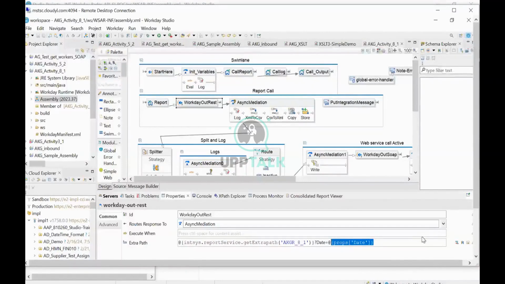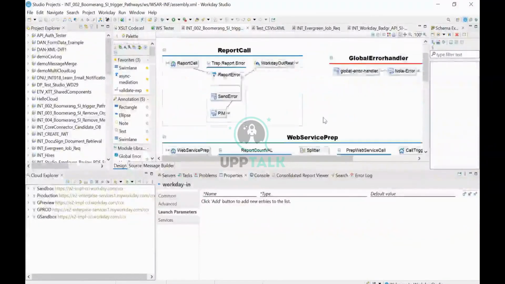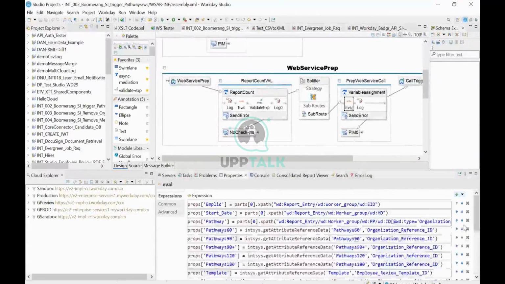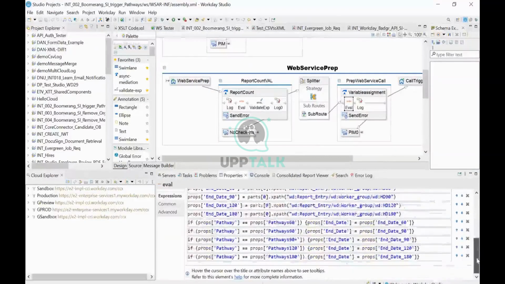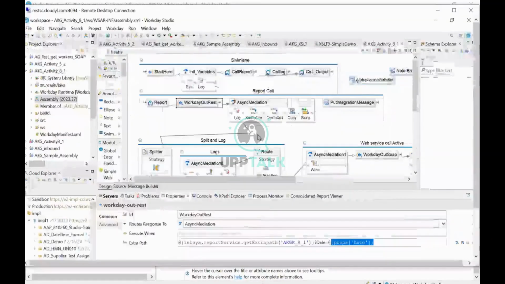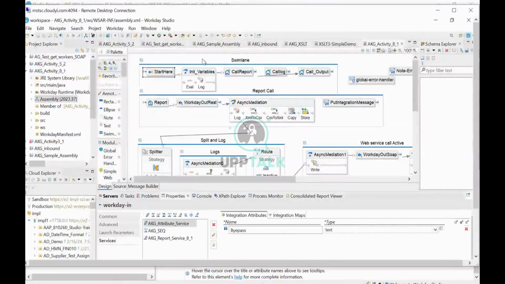Inside eval, you can write code similar to this, for example. I will show you. Like this. With an if-else clause in eval, you can do: if this is this, then do this. I was telling you about that pay phase example where a lot of calculation had to be done based on the dates and all. You can do an if-else clause, but in this case, the best possible thing is, as you can see in my Studio,